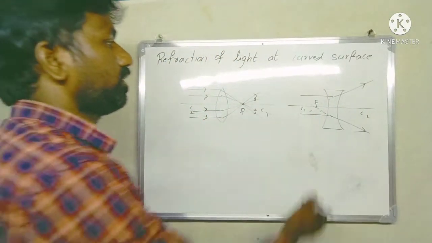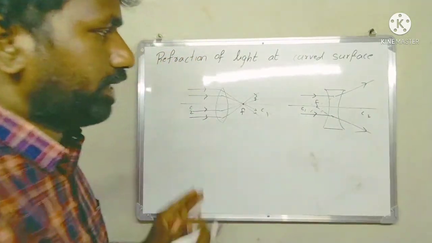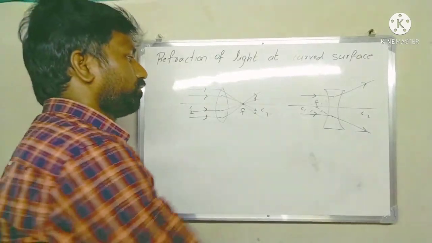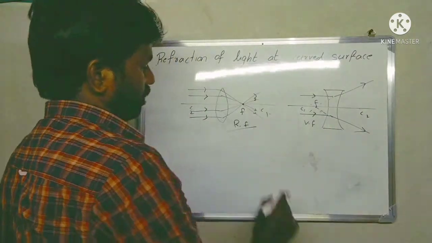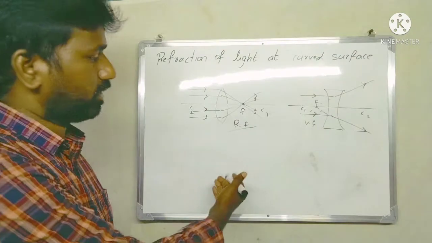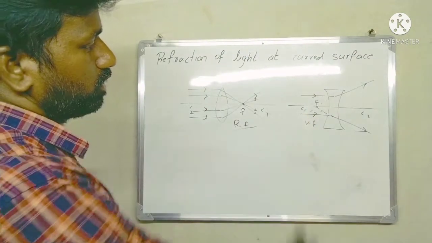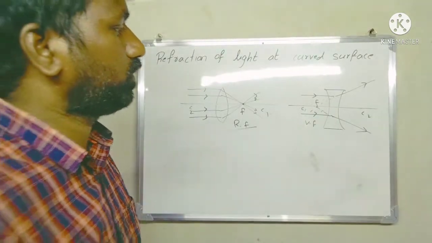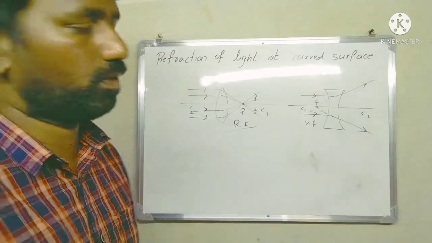And here you can see, on the side where we keep the object, on that side only we get the focus. This is the virtual focus, and the other is the real focus. Real focus means the directly refracted rays intersect, we get a real image, and that point is the focus. When the extended refracted rays intersect, we get a virtual image, and that point is simply the virtual focus.